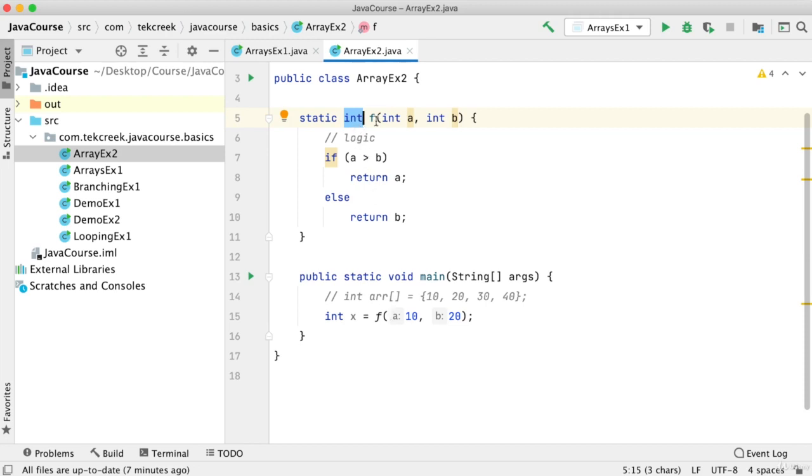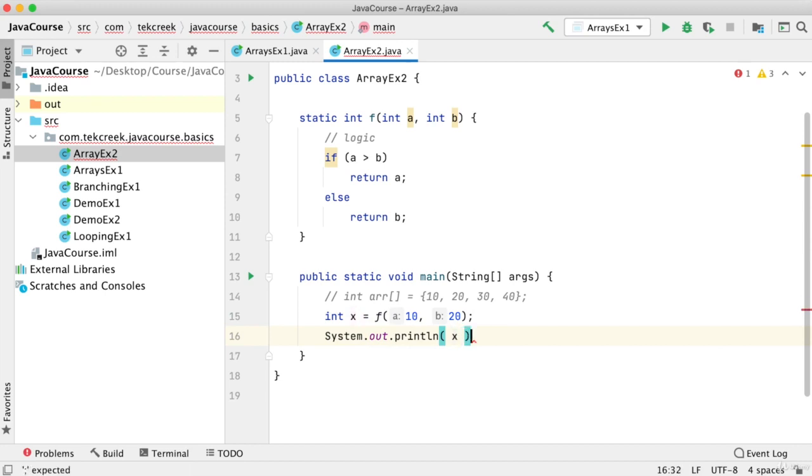And because you said f is going to return an integer, this assignment is valid because the result of this function is an integer, and what is accepting that value is an integer. So this is the function call, and this is the return value. So if I print x, you should see 20.